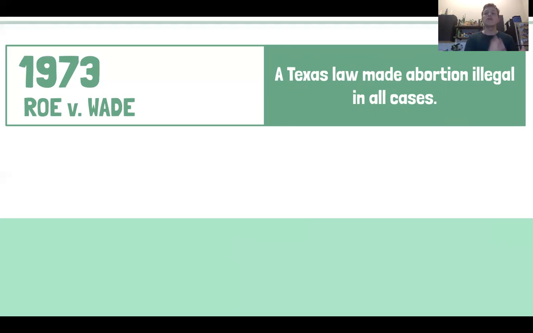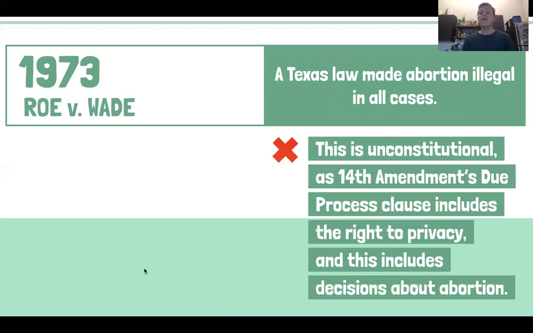You see, just a few years before, the Supreme Court had ruled that the right to privacy does exist in the Constitution. And Jane Roe, who, interestingly enough, for privacy's sake, did not use her real name, argued at the Supreme Court that this violated her right to privacy. The government did not have business involving itself in a medical procedure like an abortion. And the Supreme Court agreed. They agreed that the Texas law, which made abortion illegal in all cases, was unconstitutional.